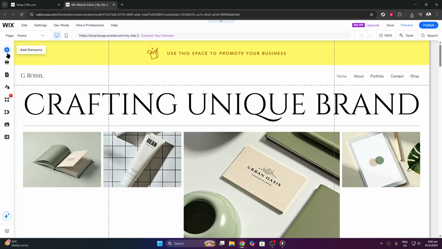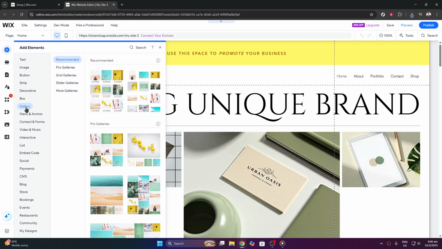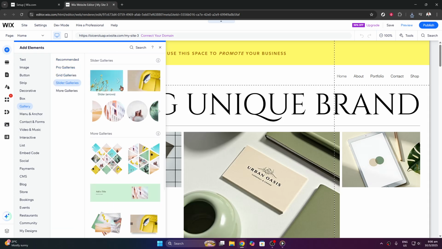To do that, go to the editor page where you'll be met with a blank canvas ready for your creativity. Within the editor, there's a myriad of customization options, but let's focus on adding elements to your page. This is an important step because elements like text, images, and buttons are what give your website its unique look